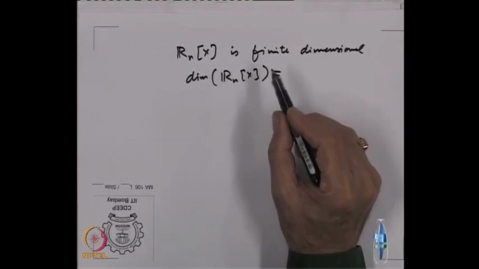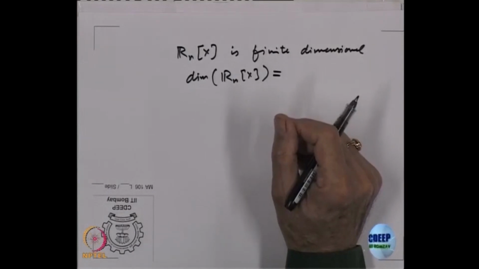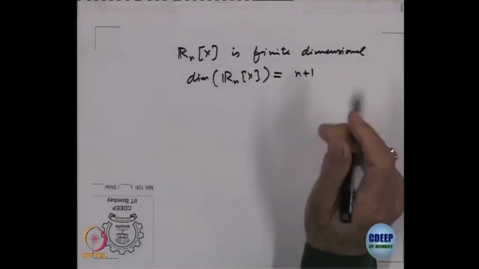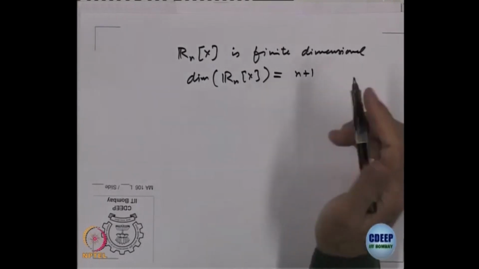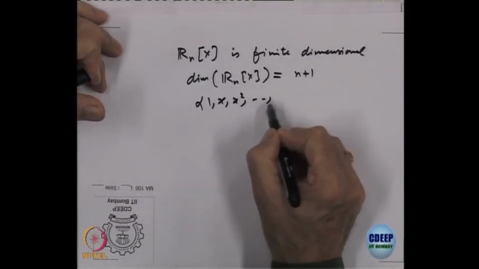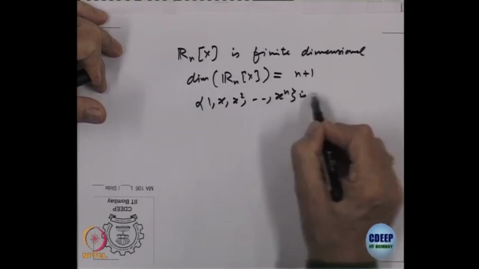For R 3, what was the generating set? 1, x, x square, x cube. How many were there? 4 of them, and they were linearly independent. So, polynomials of degree less than or equal to 3 form a finitely generated vector space of dimension 4. So, in general this is of dimension n plus 1. So, what will be a basis? 1, x, x square, up to x to the power n is a basis,